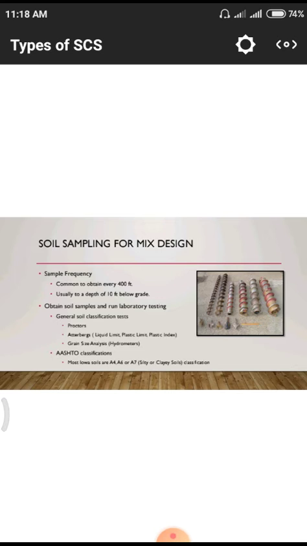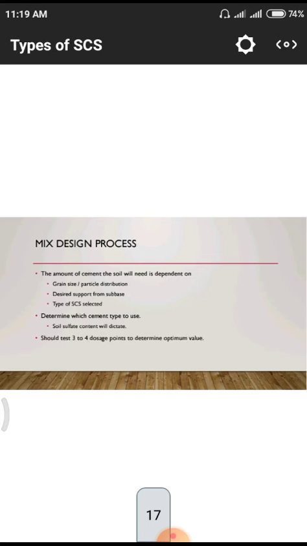We go to the laboratory with the soils and test different properties, procedures, Atterberg's limits and grain size analysis. Next one, AASHTO classification. Marginal soils are A4, A6, and A7 silty clay soils, and classify the fractions.